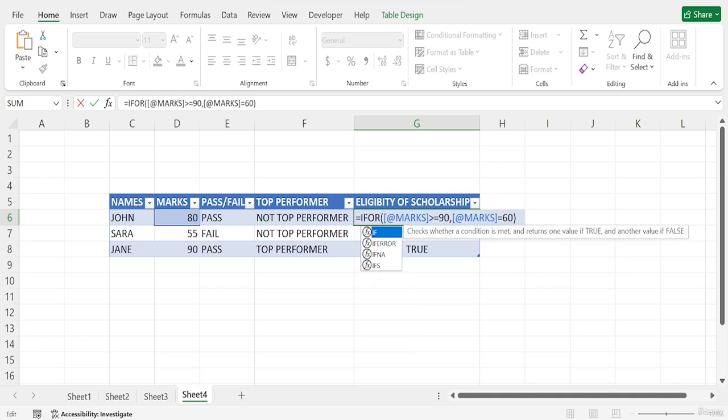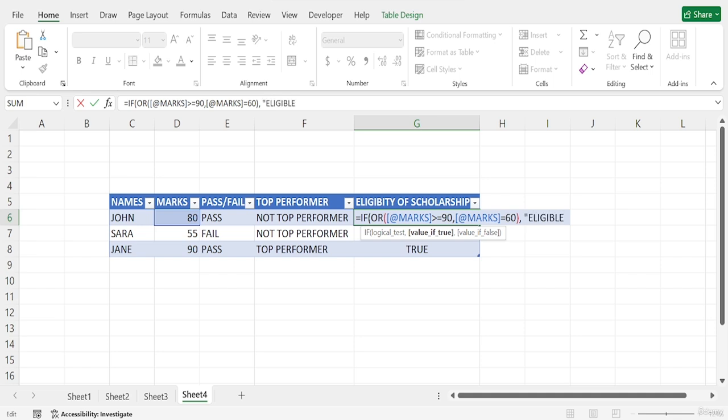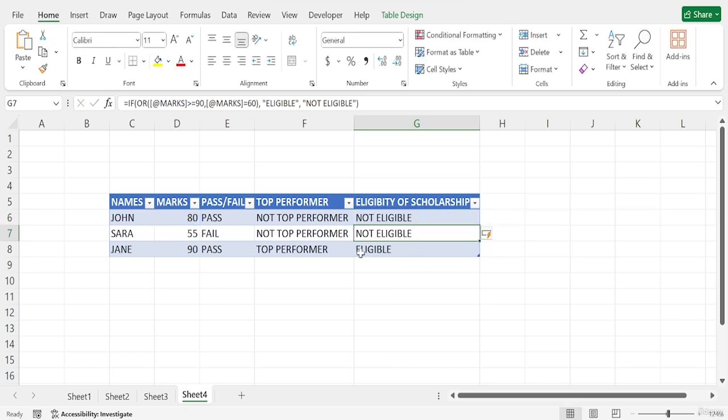And for eligibility, I will use the IF function again, so that if these conditions are true, then show me he or she is eligible, and if these conditions are not true, then show me not eligible. And if I close this condition, then it shows that Jane is eligible for the scholarship, but the other two students are not eligible.